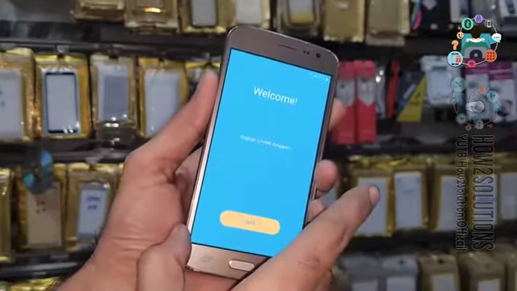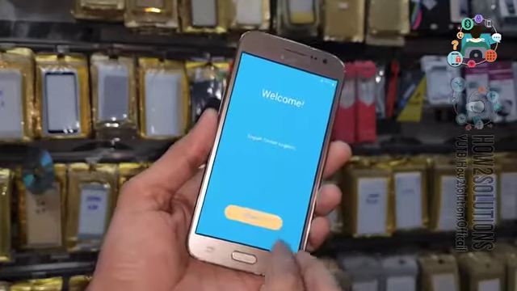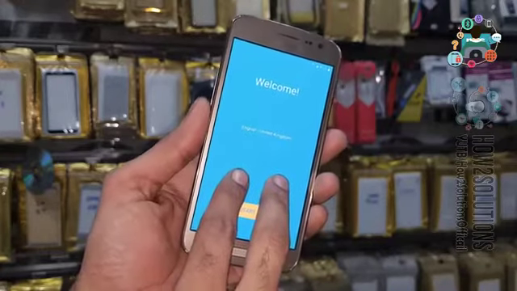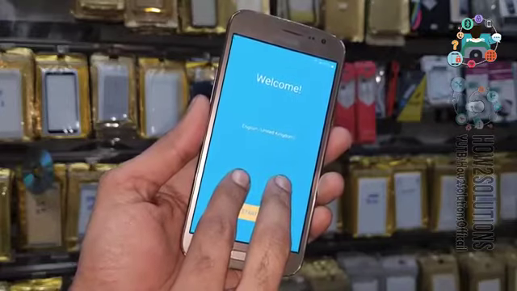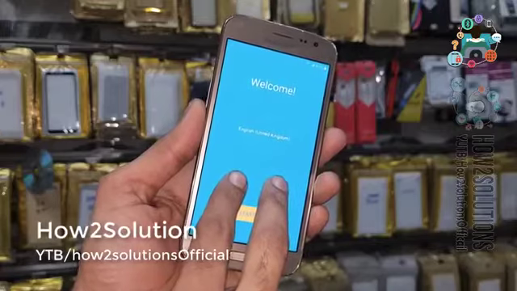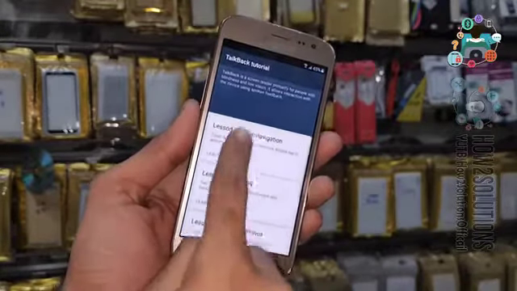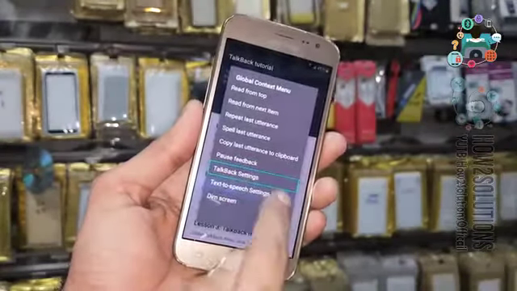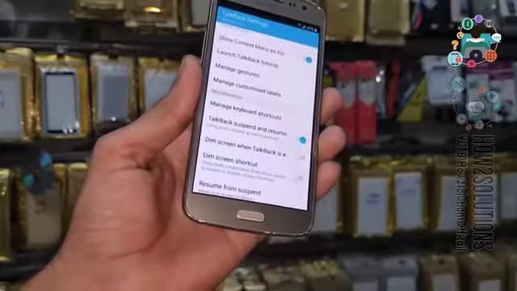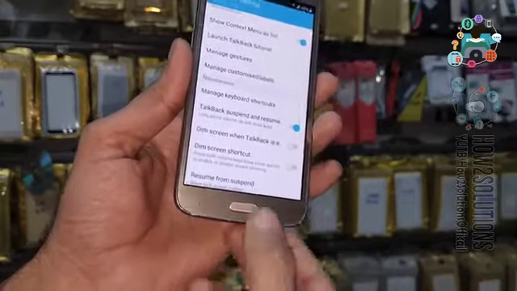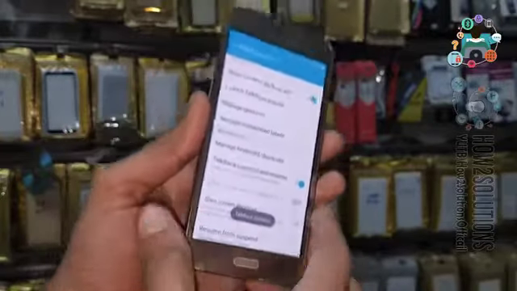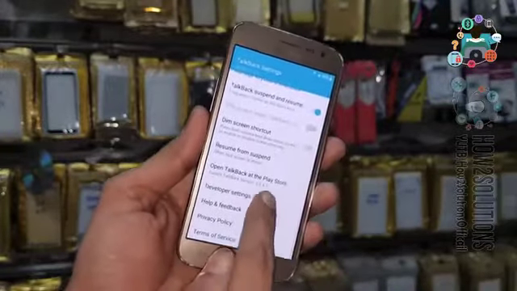Now we have to disable talkback. I have disabled talkback and I am going to enable it once again. Keep pressing both fingers. Now create any gesture. Now select talkback settings. Go down. First of all, disable the talkback setting by pressing the home button 3 times, or you can use the volume down or up key to suspend talkback.